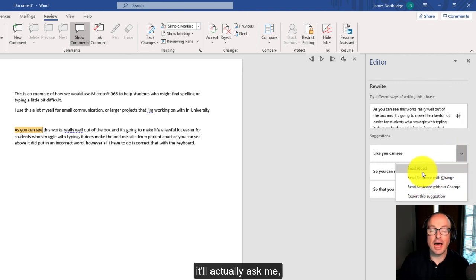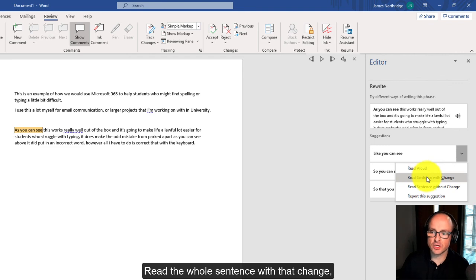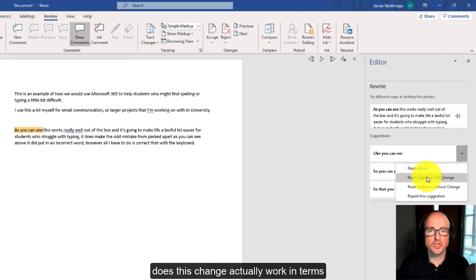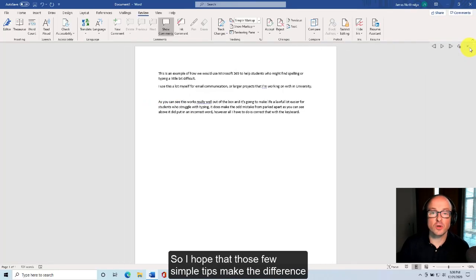It'll actually ask me, do you want to read this aloud first? Read the whole sentence with that change and then read the sentence without the change. So it gives you a sense, does this change actually work in terms of my paragraph, in terms of my sentence? So I hope that those few simple tips make the difference when you're using Microsoft Word for either exams